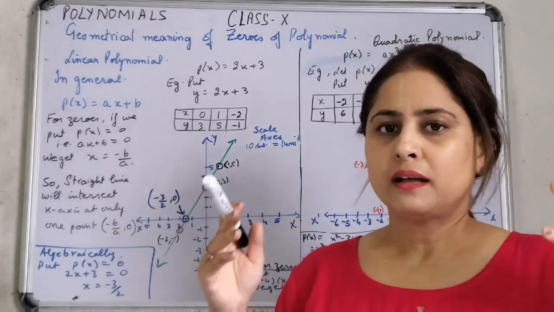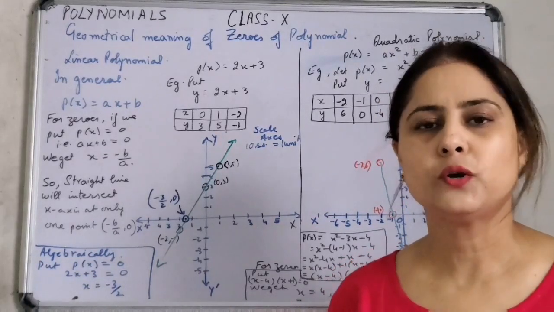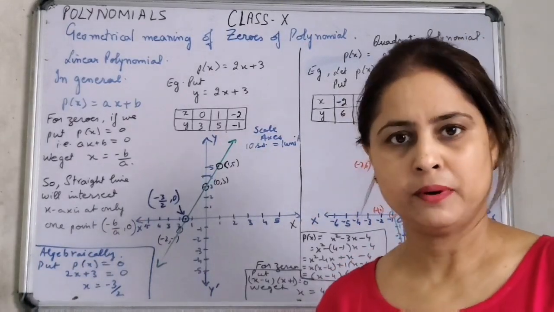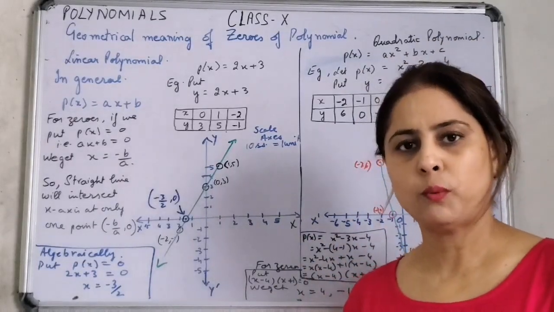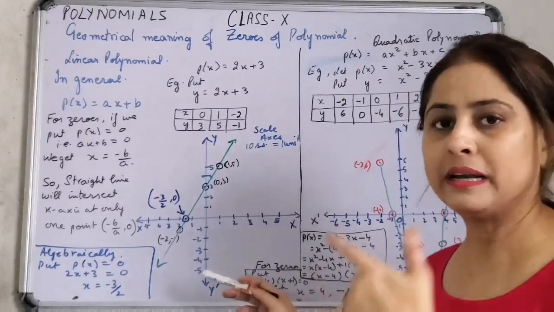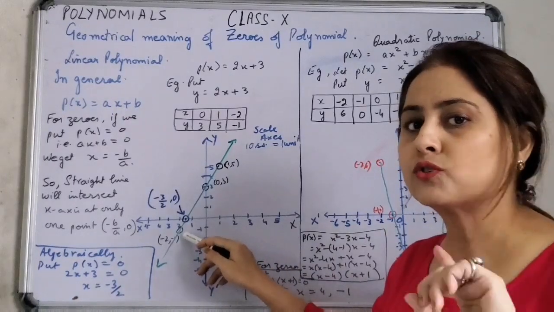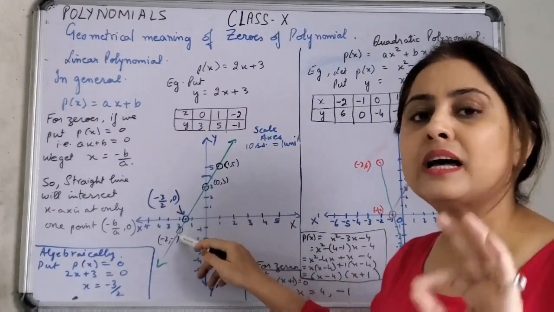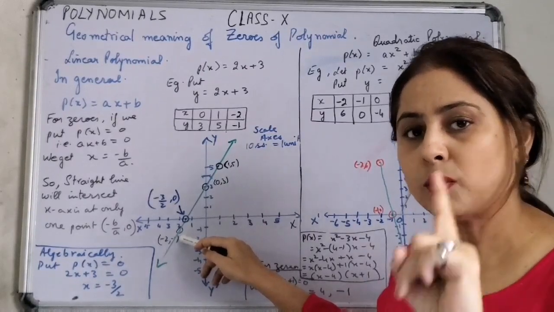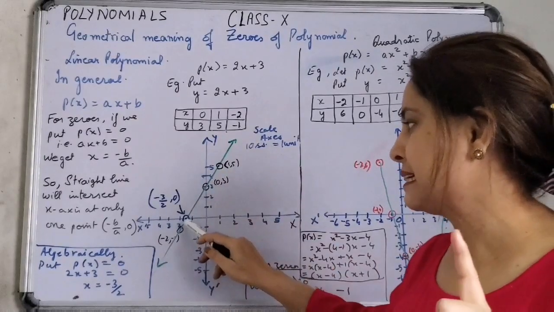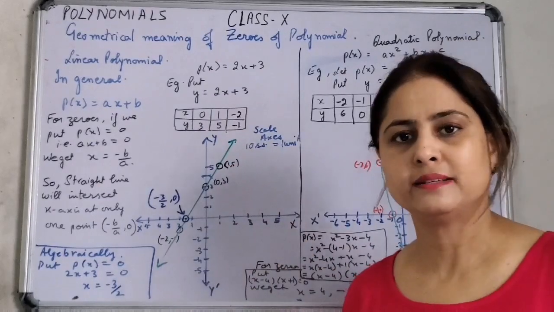It means either we take it out geometrically or graphically, or we take it out algebraically, the zero of the polynomial remains the same. So if I were to ask you to identify from the graph what the zero of the polynomial is, I'll say the zero of the polynomial is that point where the line intersects the x-axis. They did not ask for the coordinates of the point, they just asked for the zero of the polynomial. So the zero of the polynomial is only one number. That is the point where the line is intersecting the x-axis. For this equation, it means the zero of the polynomial is -3/2.